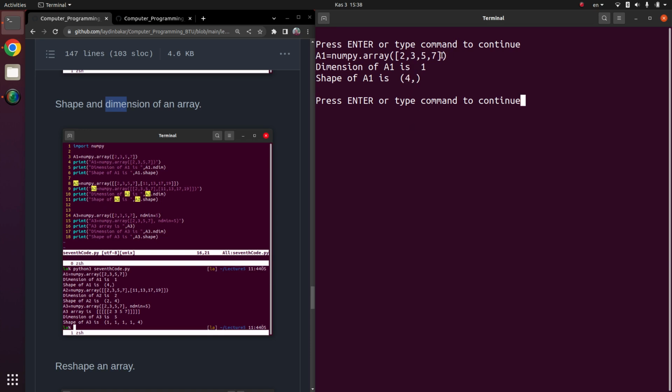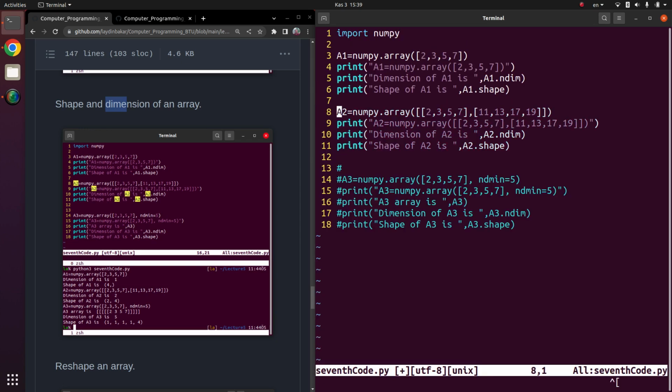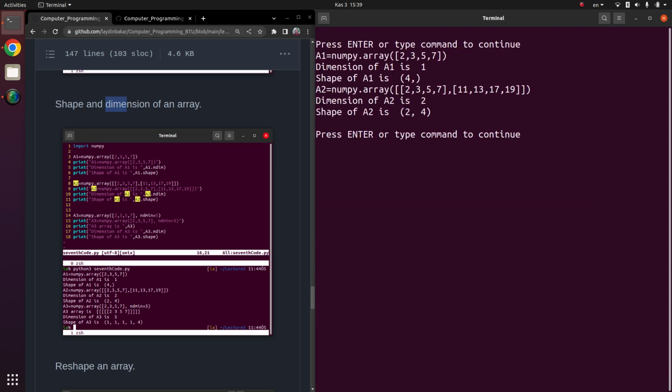If there was another array here, another row here, we would see 4, comma 2. But we don't see a 1 here, so this is a one-dimensional array having 4 elements in it. Alright, so to see the difference, you can just open this and then save it